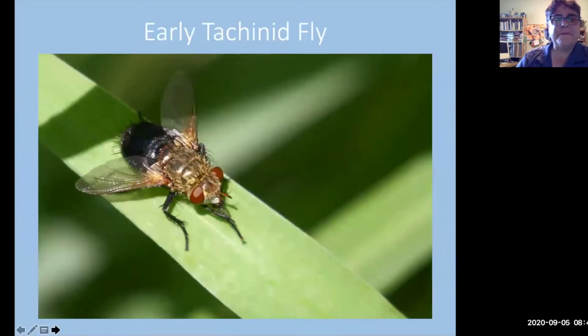This is an early taconid fly. This one also is about the size of a bumblebee. Going back to the structure, flies have 2 wings, and then the eyes, and then these are the antennae. They're extremely fastidious. In order to fly, they have to bathe a lot. Birds have to bathe every day. Flies have to bathe 2, 3, 4 times an hour in order to survive.